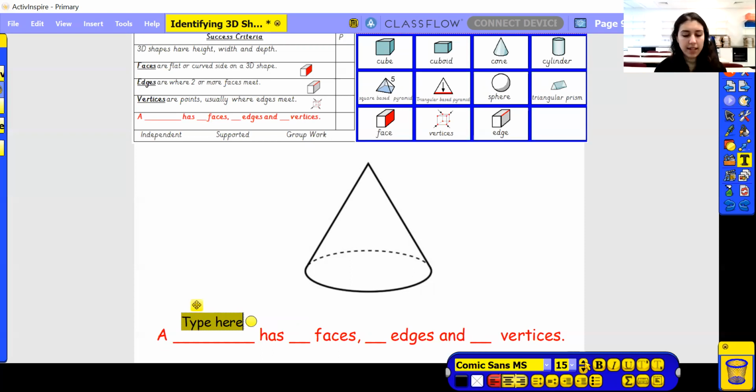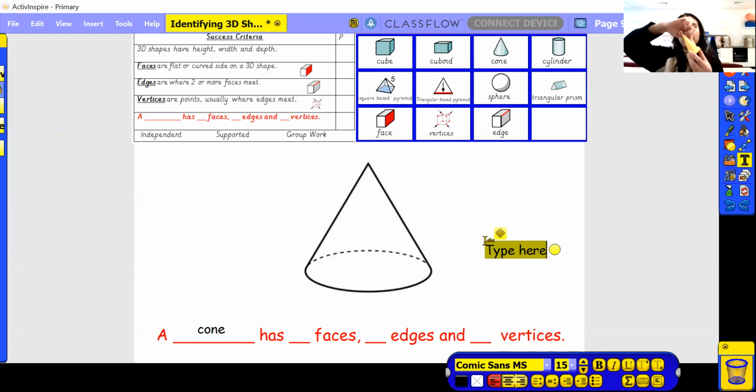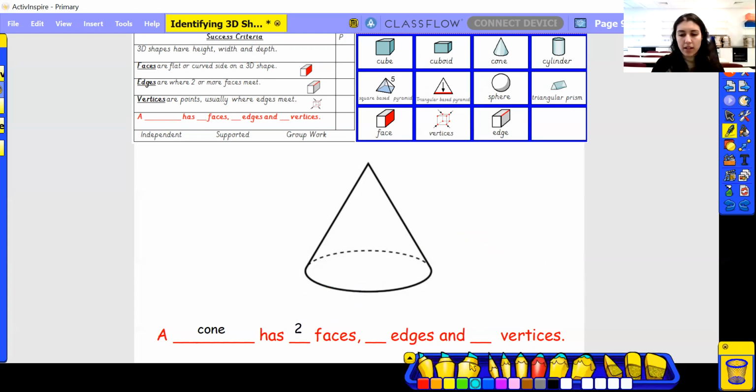Well done if you said that it is a cone. Fantastic. So a cone has got, now let's have a look. This is my cone. So a cone has got, well, it's got a flat face on the bottom, and it's got this curved face around the sides and top. So it's got 1, 2 faces. It's got 2 faces, and you can see that being shown here. You can see that it's got the flat face on the bottom, and you can see this curved face